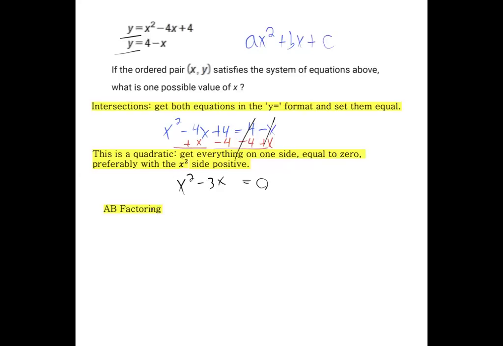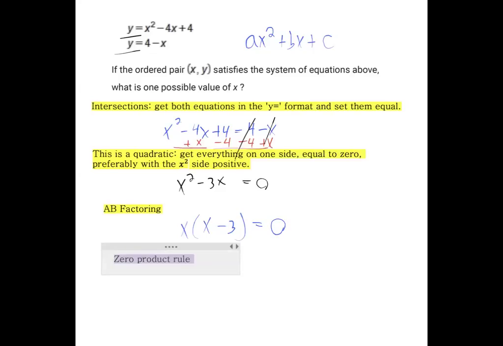And A-B factoring is all about the GCF, the greatest common factor. What's the greatest common factor between x squared and minus 3x? It's just x. And when you factor that out, it leaves you with x minus 3 still equal to 0. And that enables us to now use our zero product rule, which is the idea that